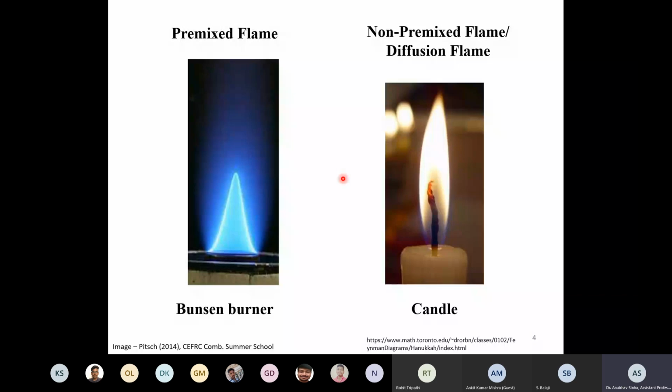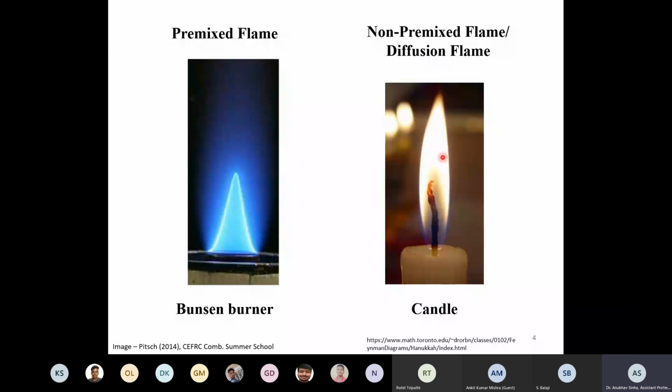for normal conditions this will look blue because this is burning well, burning more efficiently, and this will look yellow because it has soot. So soot has some unburnt particles that we'll talk about. So that will bring down your efficiency. You're not using all of your fuel. Some part is remaining unburnt, and we will talk more about soot maybe in the next class.